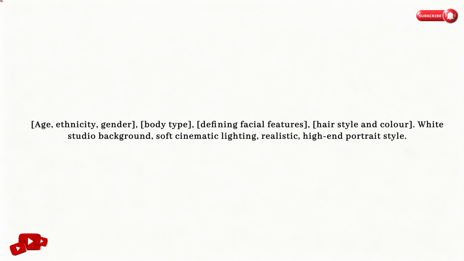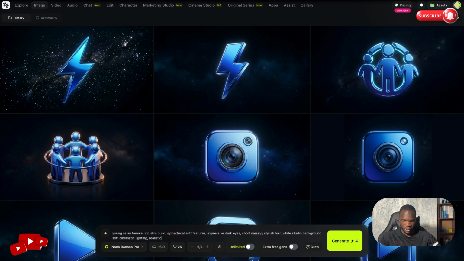And here's a prompt structure I use every time to create consistent characters. Age, ethnicity, gender. Then we go into the body type, and then we define the facial features, the hairstyle and the color, and best to have a white studio background, soft cinematic lighting, realistic, and a high-end portrait style. Why? Because we are just focusing on the facial structures. And for the example I have here, we have young Asian female, 23 years old, slim build, symmetrical soft features, expressive dark eyes, short messy stylish hair, white studio background, soft cinematic lighting, and we want the image to be